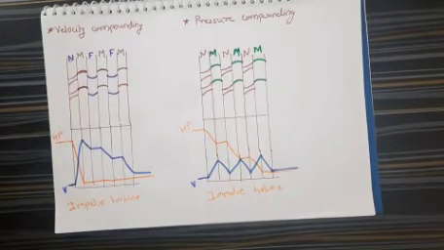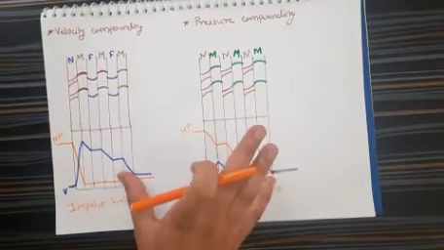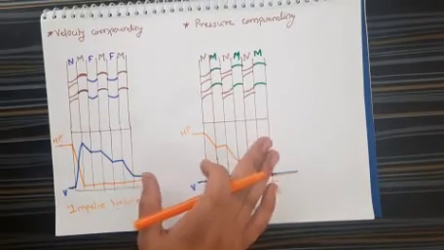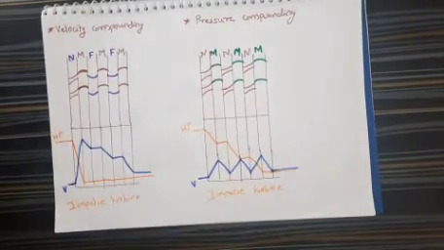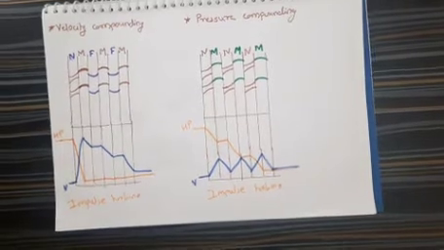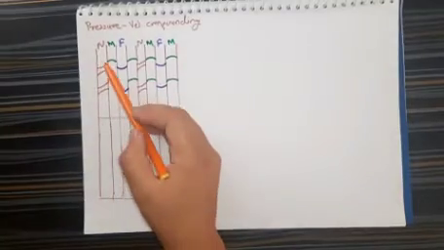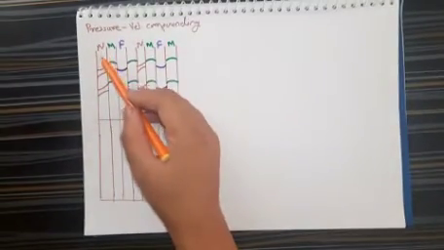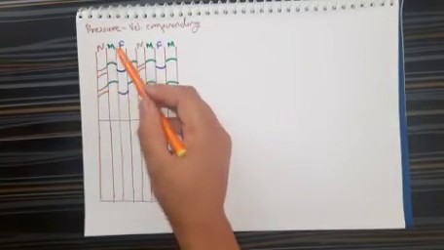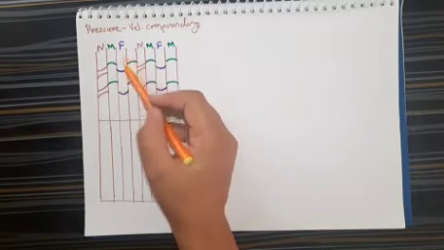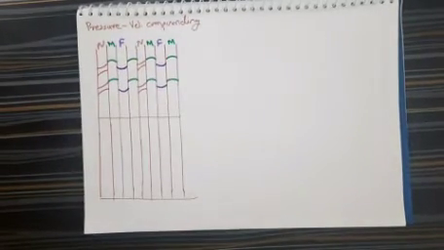Now let's see another one, which is the combination of both of these, that is velocity and pressure. So it is known as pressure velocity compounding. In pressure velocity compounding, the arrangement is like this. There is a first ring of nozzle, and then a moving blade, then a fixed blade, and again a moving blade.